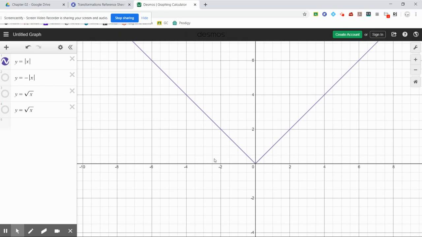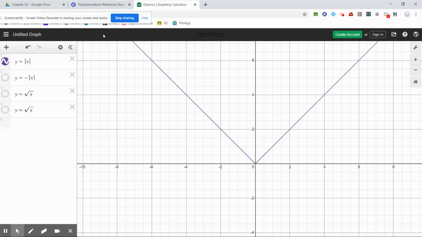To reflect it across the x-axis, to reflect it vertically, make sure that we do not apply the negative, which is what flips it, directly to the x. Notice where it's at. It's outside of the function. When we put a negative outside of the function, it takes your original function and flips it across that